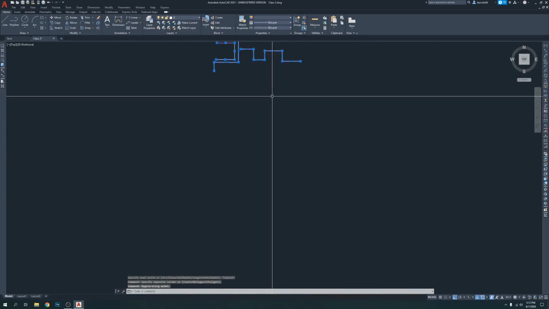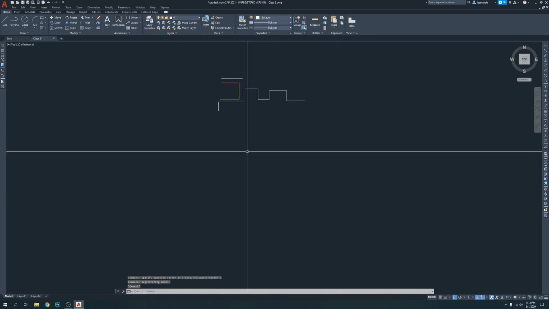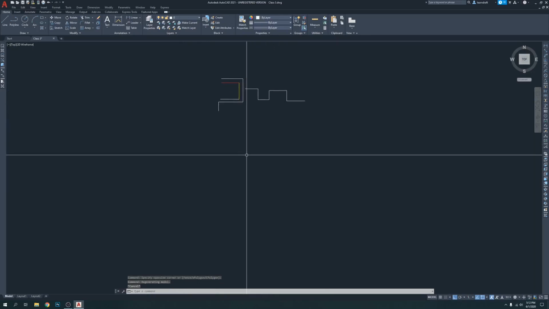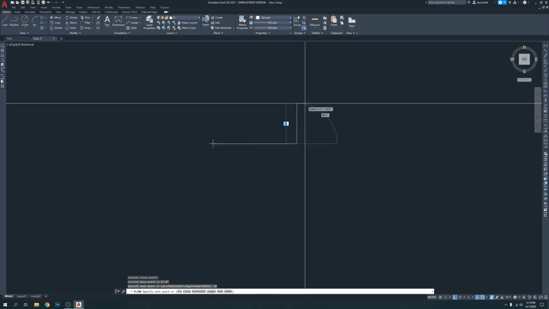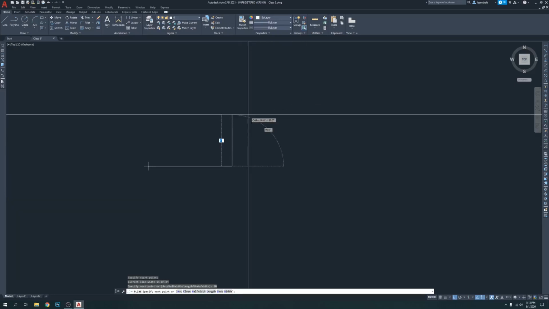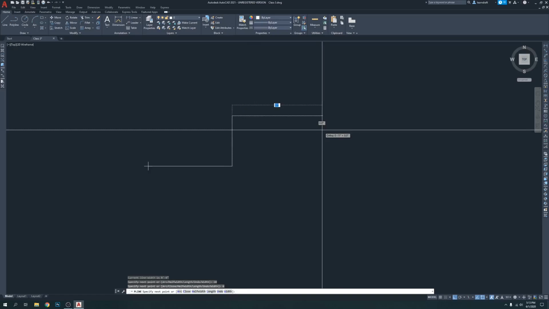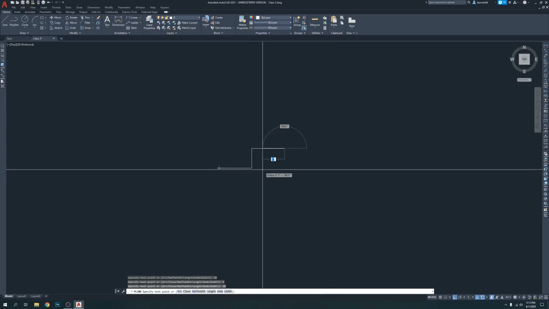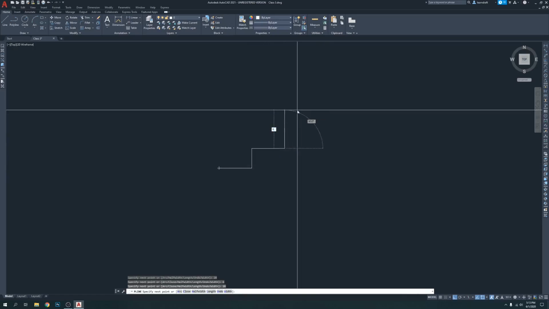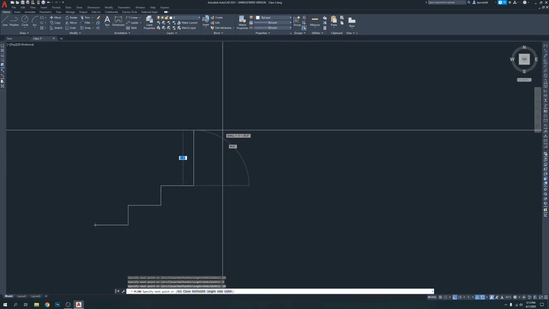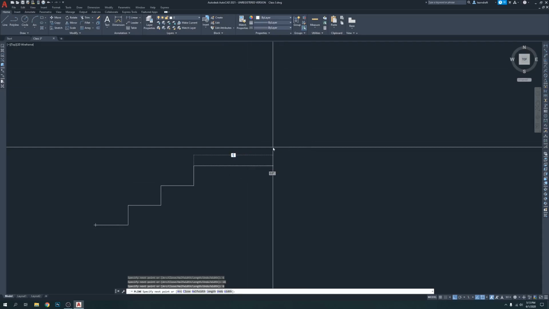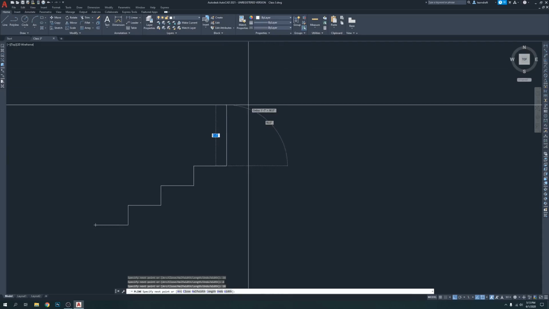So I'm going to keep it here and draw the stair. I hope you remember the last stair we drew. So let's draw the stair. PL, enter, click, go there, how much? 10 and enter, go up, 6, enter, go right, 10, go up, 6, go right, 10, go up, 6, right, 10, enter, go up, 6,